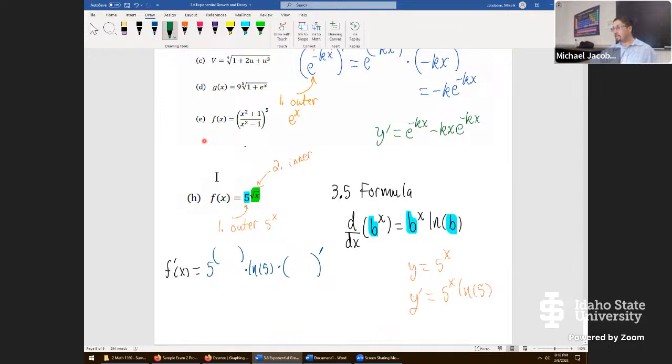After we do that, notice there's only 2 blanks here. If this was a 6, we'd have written 6 to a power, natural log 6, but we keep it as a 5 to match the base. And root x goes here and here as well. Because we're differentiating this one, it might not be a bad idea to write it as x to a half power, but there's a lot of different ways to do that derivative. If you decide to leave it as square root x,